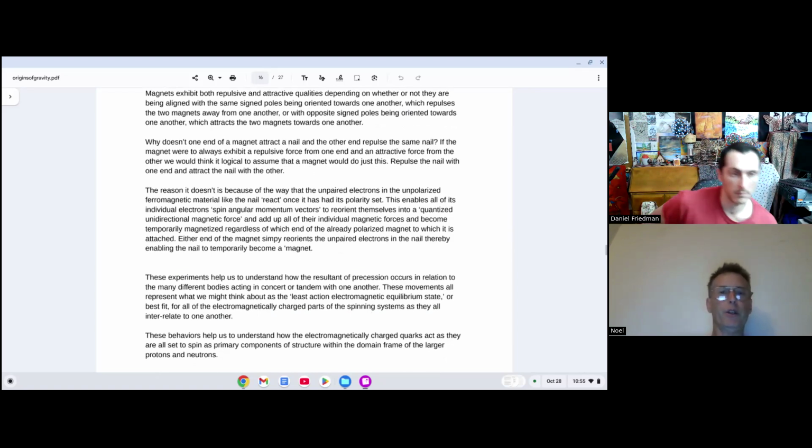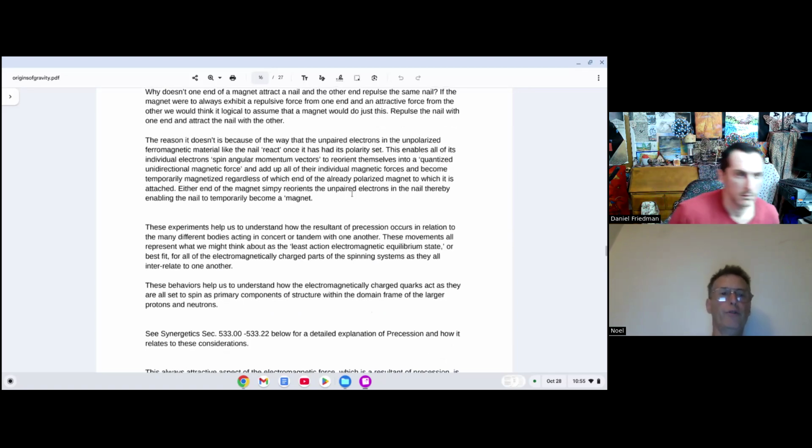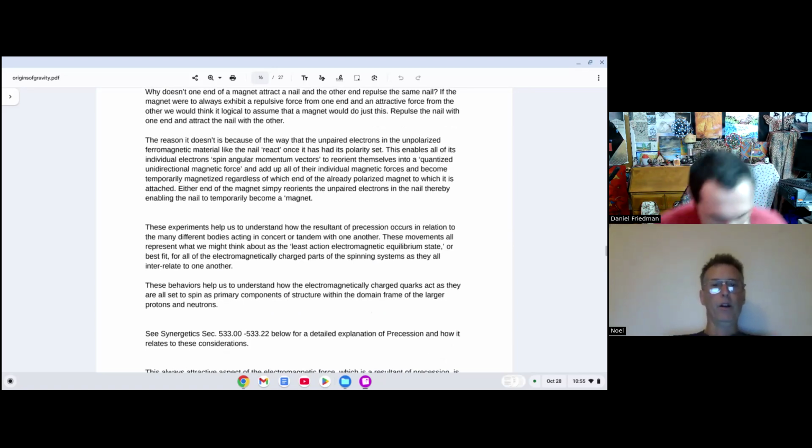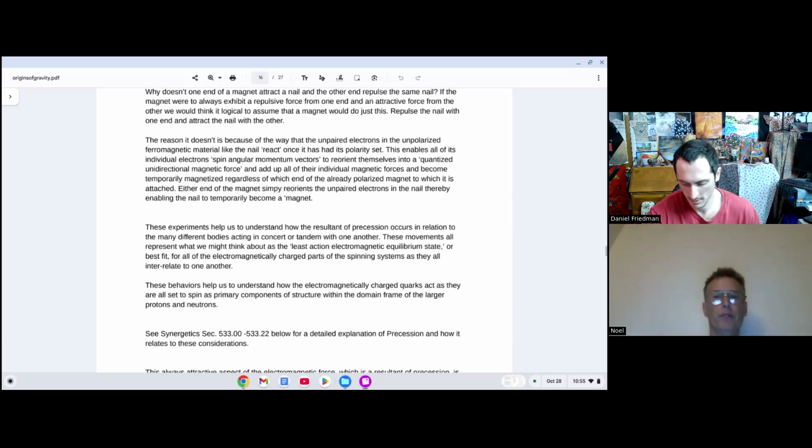The reason it doesn't is because of the way the unpaired electrons in the unpolarized ferromagnetic material, like the nail, react once it has had its polarity set. This enables all of its individual electron spin angular momentum vectors to reorient themselves into a quantized unidirectional magnetic force and add up all their individual magnetic forces to become temporarily magnetized, regardless of which end of the already polarized magnet to which the nail is being attracted. So either end of the magnet simply reorients the unpaired electrons in the nail, thereby enabling the nail to temporarily